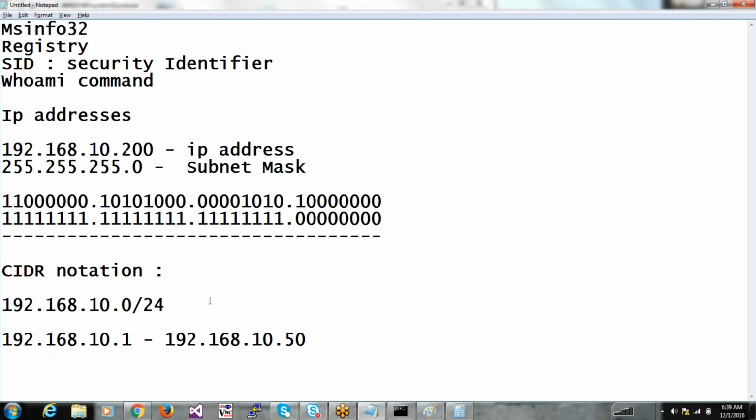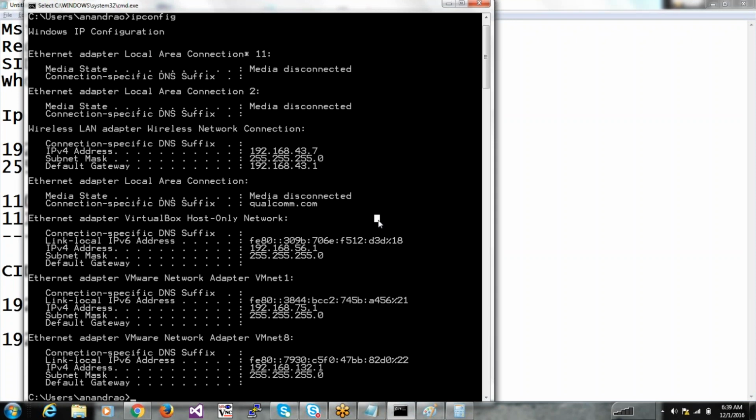But previously you said that normally 0 is not used and 1 is given to the router. That is true, but it's still inside that range. It's we who are deciding that 1 should be given to the router and 0 should not be given. It's a best practice. But if you give 1 to your laptop, it will still work. You could give .43 to your router, or maybe give .1 to yourself, and that will work. But by usual notation, when you see dot 1, most probably 99% it is the router,